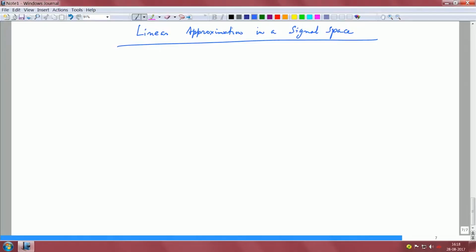So, with this idea of Gram-Schmidt orthogonalization or orthonormalization, when you consider the norm to be 1, we land up with an interesting concept of how to approximate a signal linearly in a signal space. Okay. So, the question is,